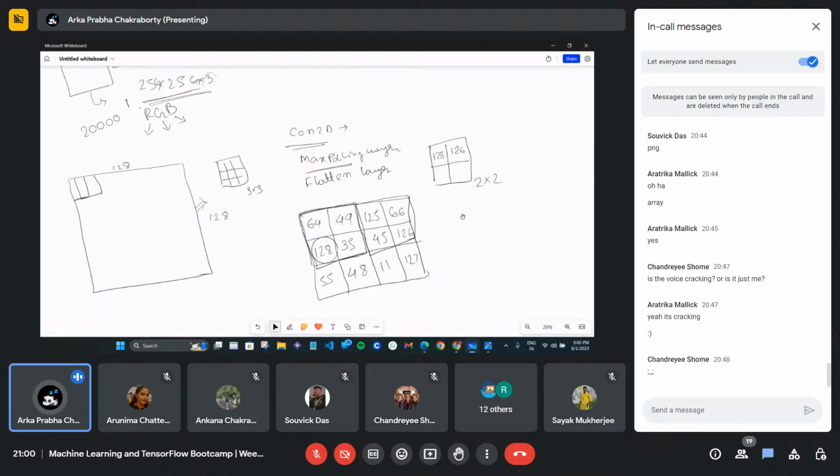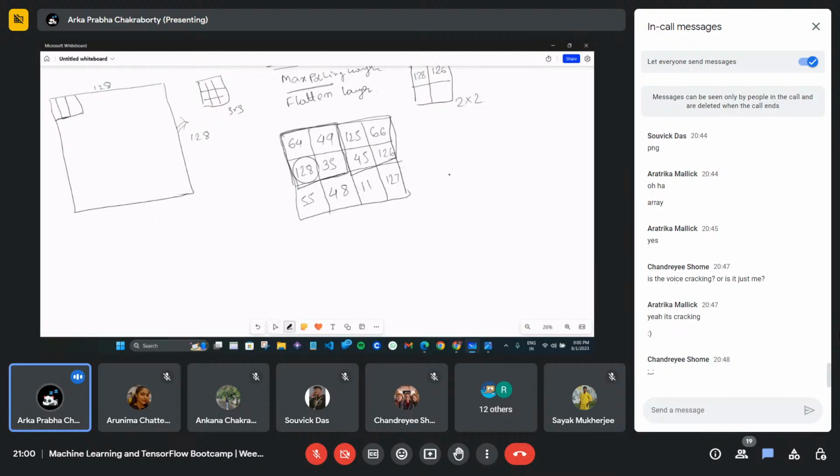Let me add one more row. Again, I am taking this kernel and taking out the maximum value. See, this is 100.